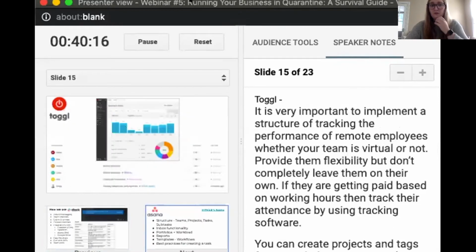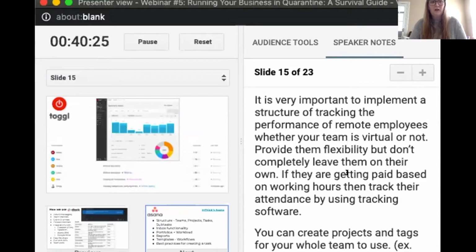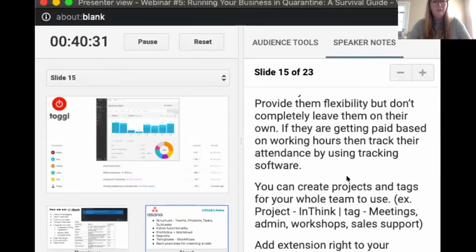All right, so another tool that we just recently started using is Toggl time tracking. The great thing about this is that you can create a structure of time tracking without having to micromanage your team. They can have a personal account or be